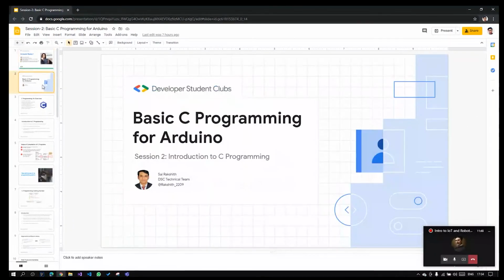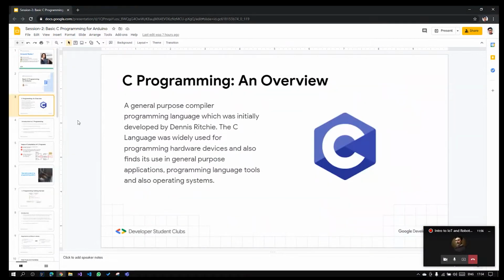We'll get started with C programming for Arduino. So this is just a little bit of introduction into what we are going to do in this presentation. I'm just going to give you an overview of C and also explain some of the major concepts that we will encounter. C is a general purpose compiled programming language which was initially developed by Dennis